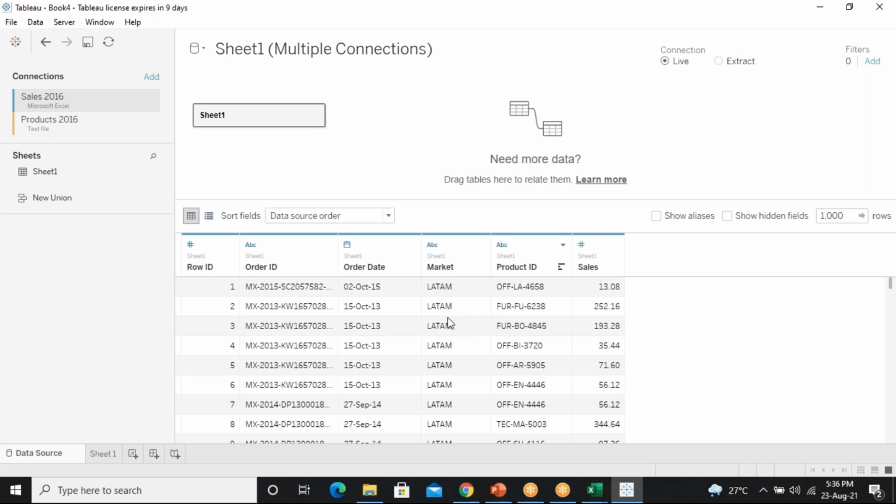Numerical data. Yes, numbers or numeric data.